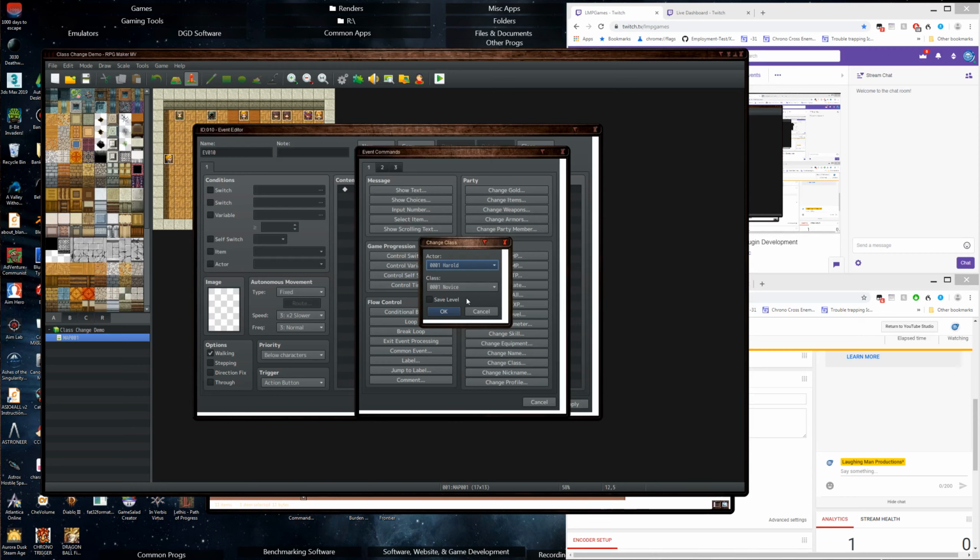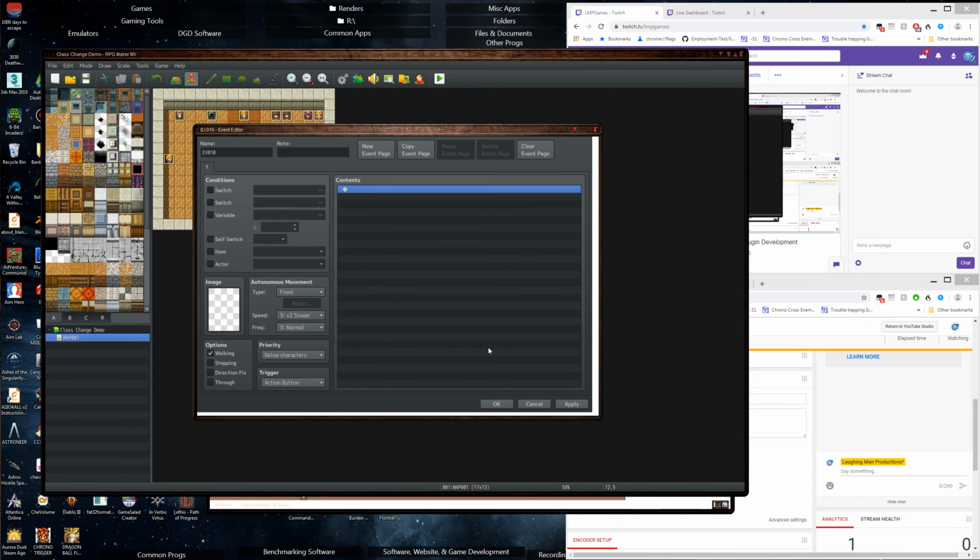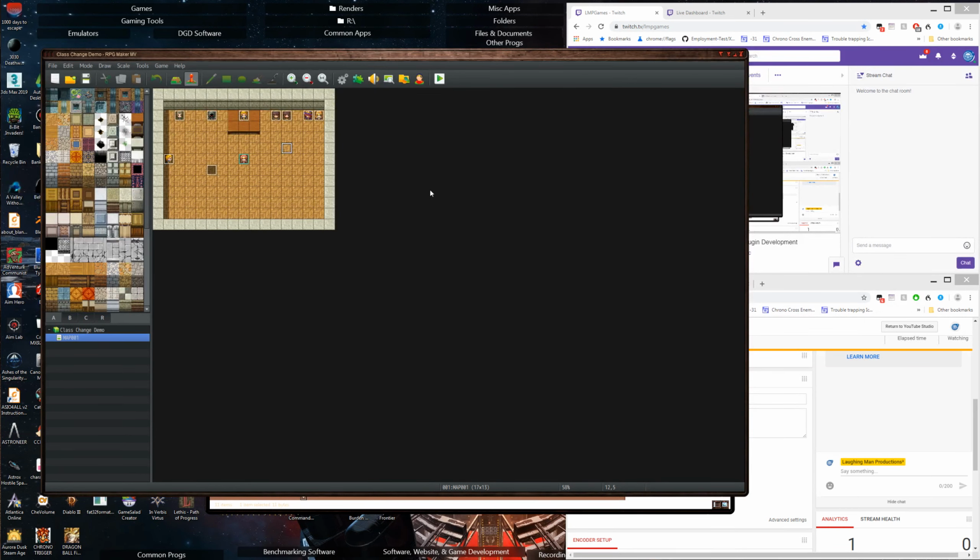You have to make a show choices list that has all your classes in it. Then you'd have to select them and put in all the conditions for when you'd want them to be available. It just becomes a mess because of how the conditional branches work in MV. So instead of that, I figured, okay, let's make a plugin, and I think this is based off of a plugin,